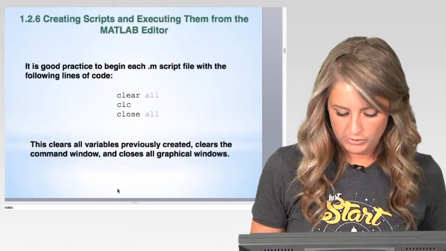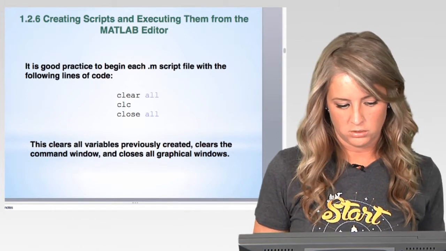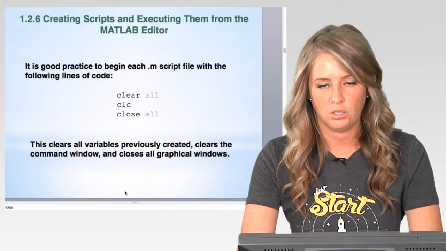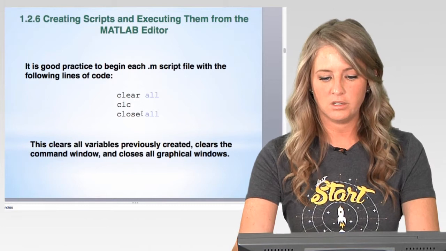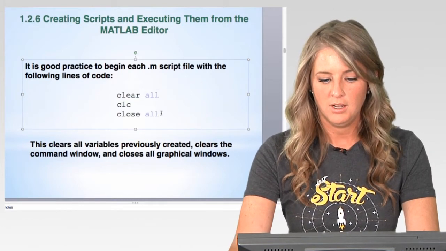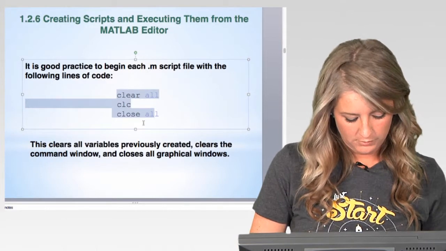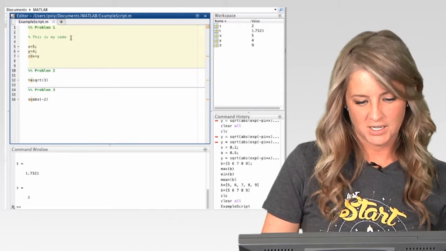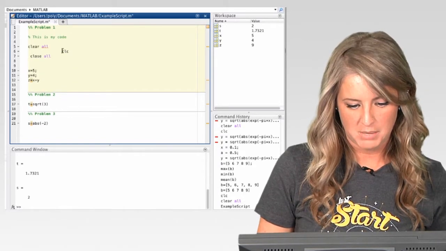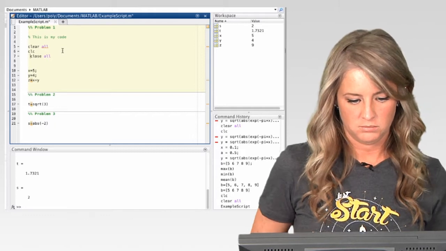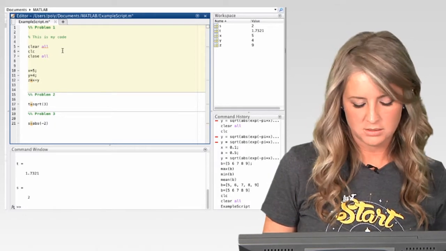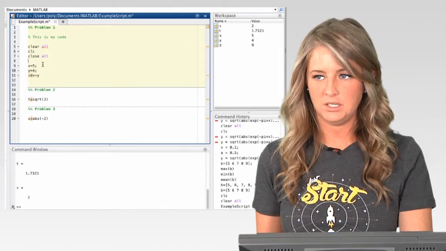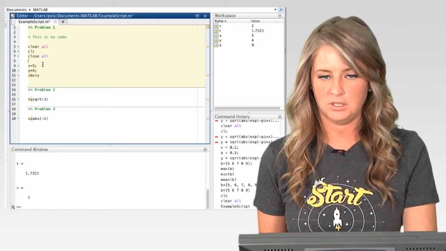Okay, so one more thing in terms of just general formatting with your code. It's always good practice to begin your code with these 3 lines: clear all, clc, and close all. This is not something that you have to do. However, it is good practice. For whatever reason, there will be times when you will be using MATLAB and you'll just get weird errors. You won't be able to figure out what it is, and you'll spend a while on it. And if you just try hitting clear all, clc, close all, sometimes that will actually solve the problem,